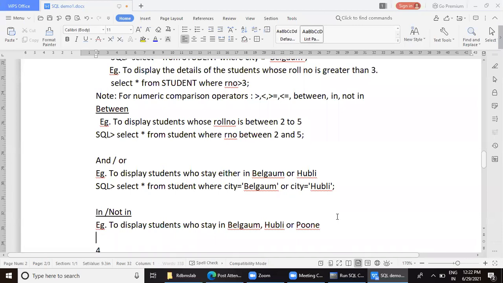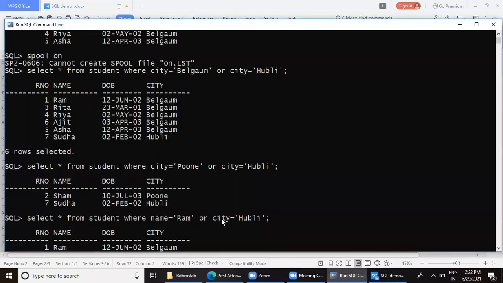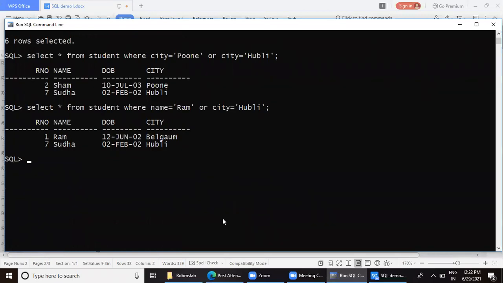So for the in operator, we use it like this. I will type directly here. Select star from student where roll number in. We should use in, and then in brackets we give the possible values.